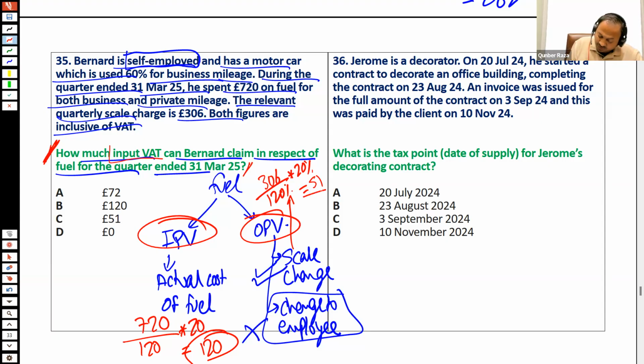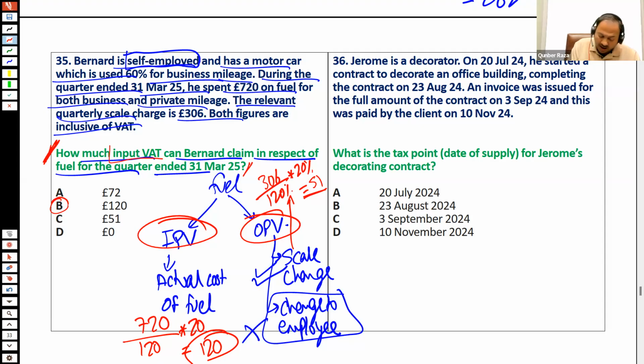So 51 is the output VAT, it's not the input VAT. Scale charge and charge to employees are the ways to calculate the output VAT. Okay. So input VAT is 120. So either it is 120 input or 120 minus 51, somewhere 69, if I'm not wrong. So what looks correct to me is,